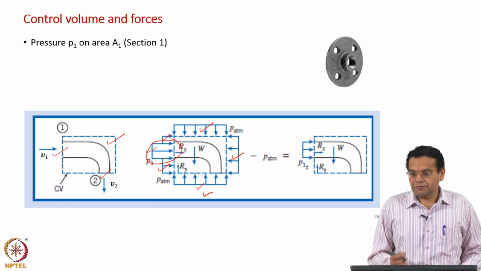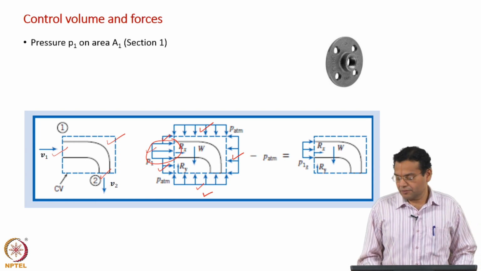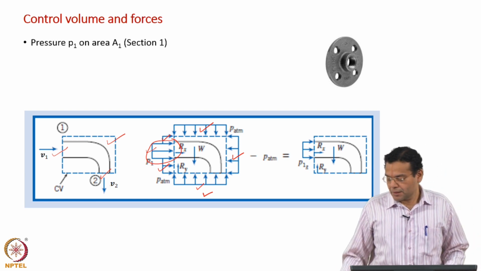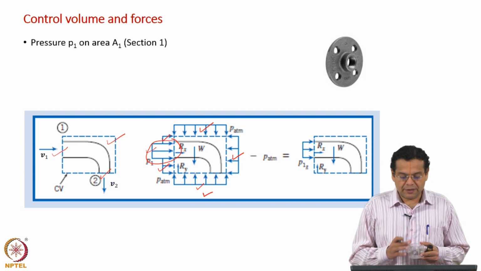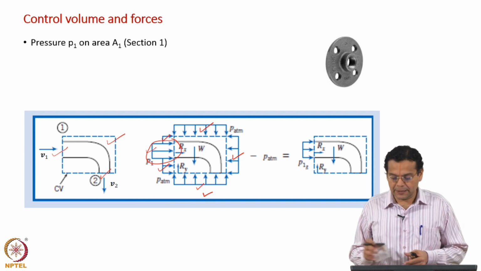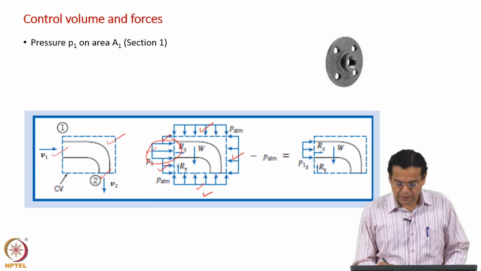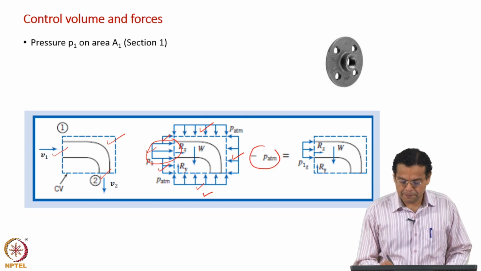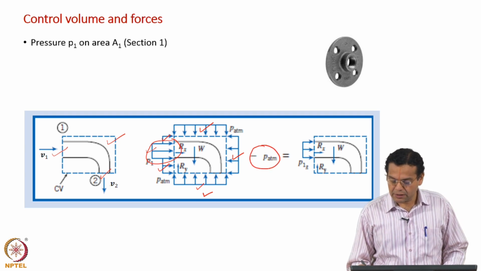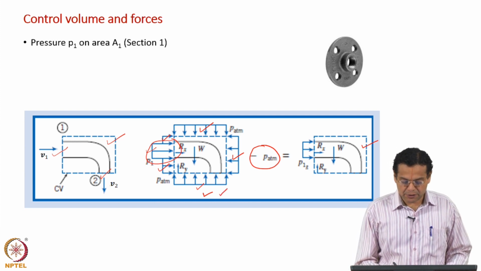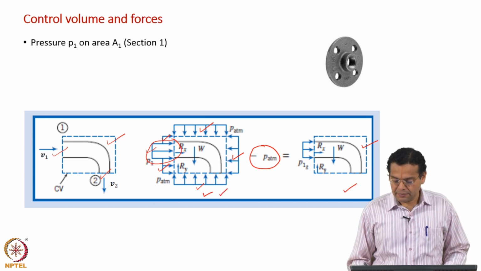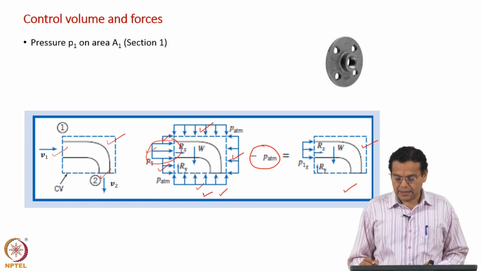Now, we have seen in the last example, or you can intuitively understand, that atmospheric pressure does not contribute to any net force. So, we can just subtract out the atmospheric pressure, and that is what is shown here, minus atmospheric pressure, and we can work out in terms of gauge pressure. So, in this diagram total pressure is shown, in the last diagram the gauge pressure is shown.